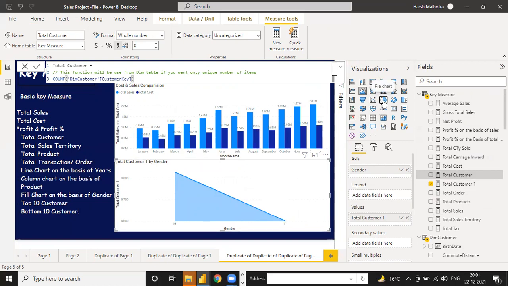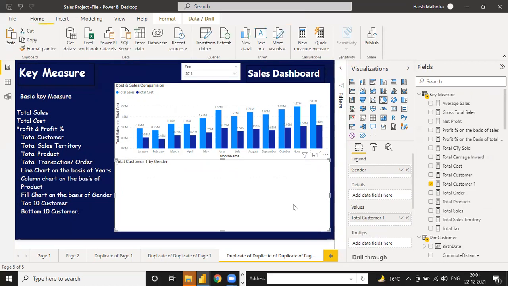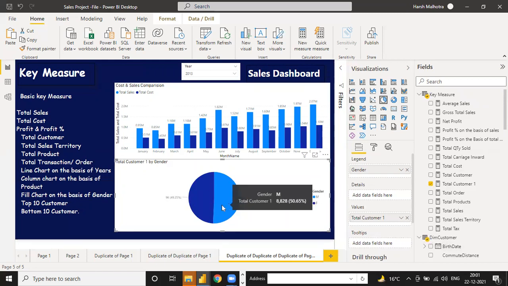Just check this. See, total we have male and female, and it is equal to the customer count, not more than that. See, male we have 8828 and female we have 8606. So it is a similar percentage.